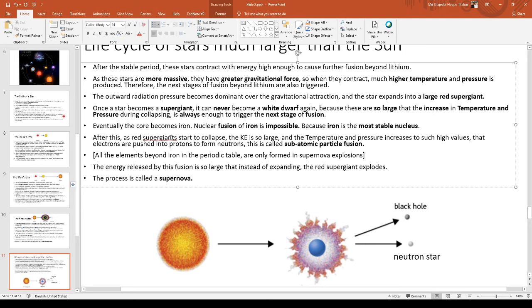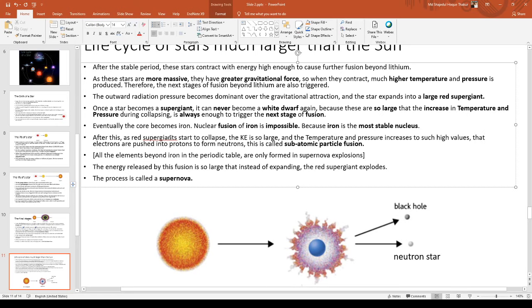So already the temperature and pressure is so high because so many nuclear fusion reactions have occurred. So very high temperature, lot of energy. It is starting to collapse. It is starting to contract. There is so much energy that now